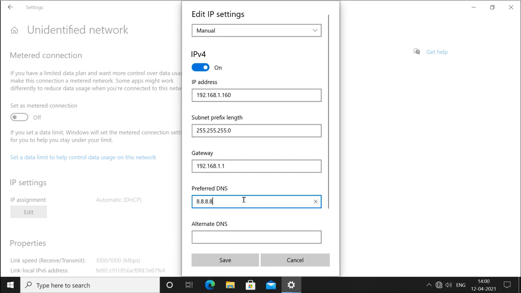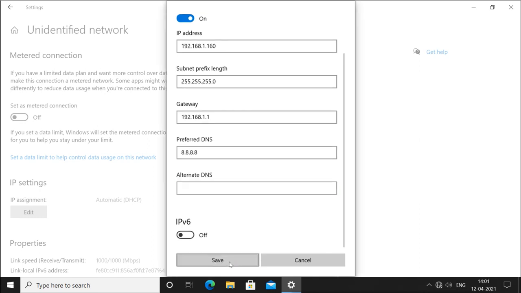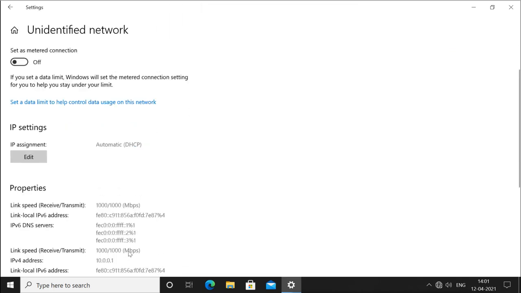If you have more than one DNS server, then you can configure one more DNS server IP here and you will save it. And now your IP address will change.